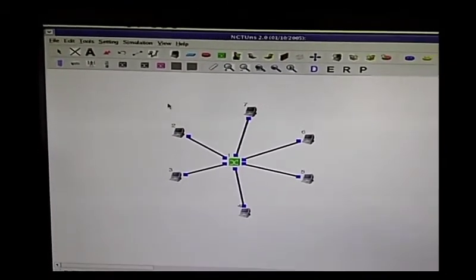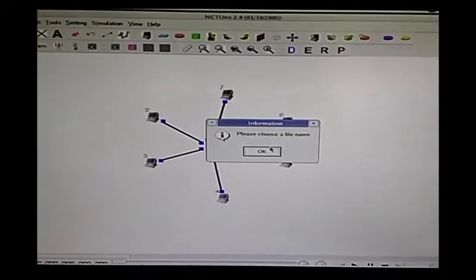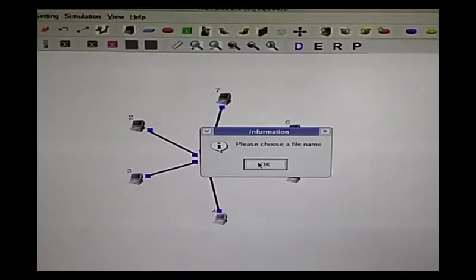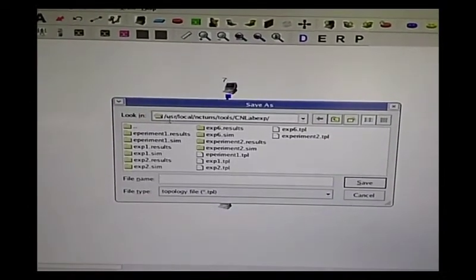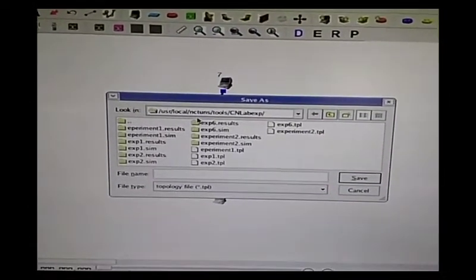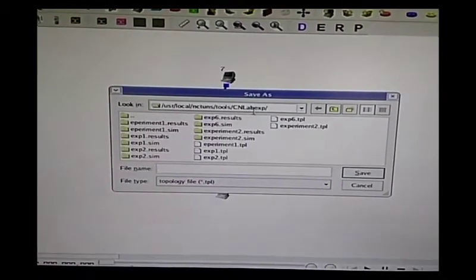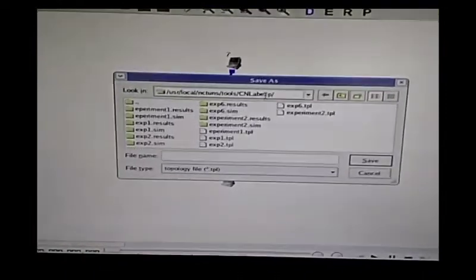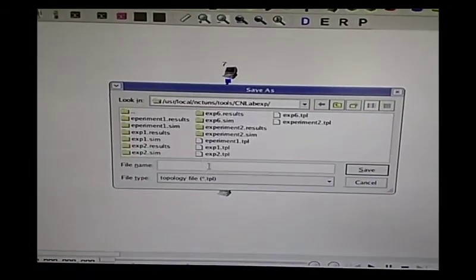Then you go to the edit mode. It is going to ask you to choose a file name. Now you have to go to the location /usr/local/nctuns/tools. In that I have created a folder called CN lab experiment. In that you have to give the name.